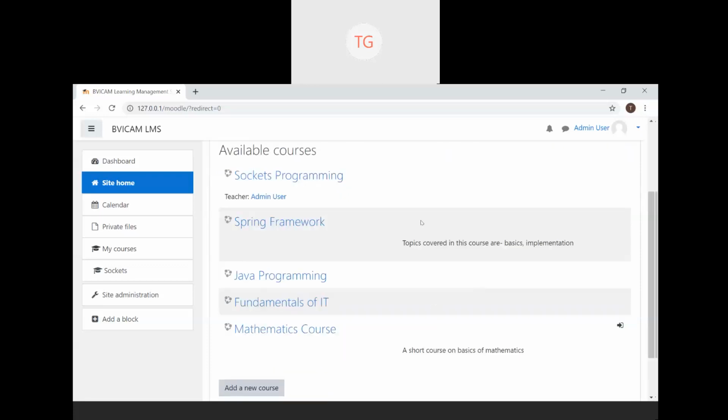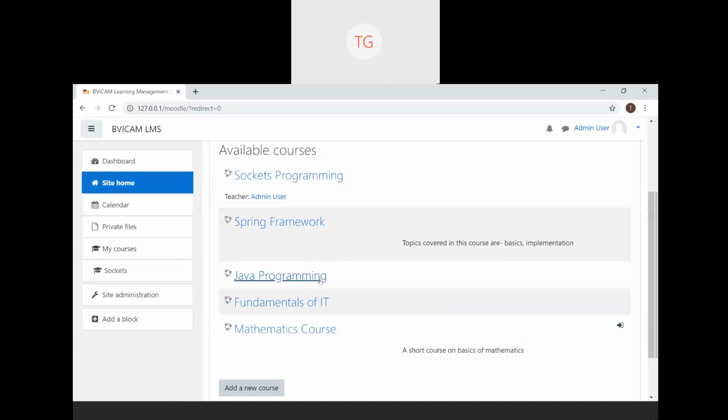So your framework and your course structure can vary from mine. My hierarchy here is that I have created one category, BTech program, like Uttam sir also discussed in the morning. Within the BTech program, I have created some subcategories: one is computer science engineering, then another is ECE, then IT. Under those subcategories, I have some courses. For example, I have a Java programming course under computer science engineering. Higher up in the hierarchy there are two categories: the subcategory computer science engineering, and the main category, your BTech program.